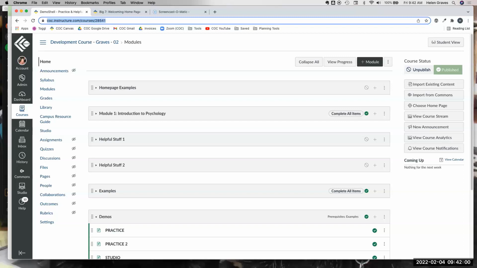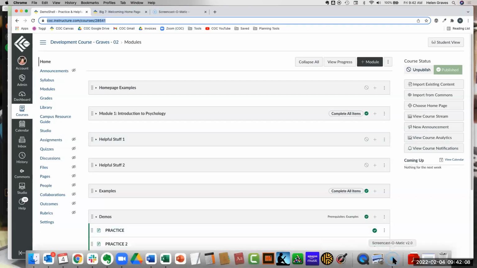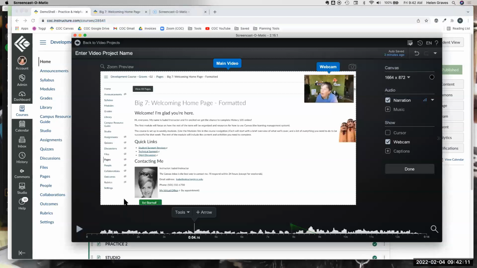Secondly, the pause button is your friend. I always use a script, so I've got everything planned out and I know what I'm going to say. But if you are somebody that doesn't want to use a script, you want to use an outline or you've got little notes or something, here's what you can do. Record a little bit, hit pause, figure out what you want to say and do next, start the recording again. Do that little bit, hit pause again while you figure out what's next, and just keep doing that as you go through your video. The trick, as I said, is to leave a little bit of silence before and after you hit the pause button so you could trim that out and add in a nice transition.